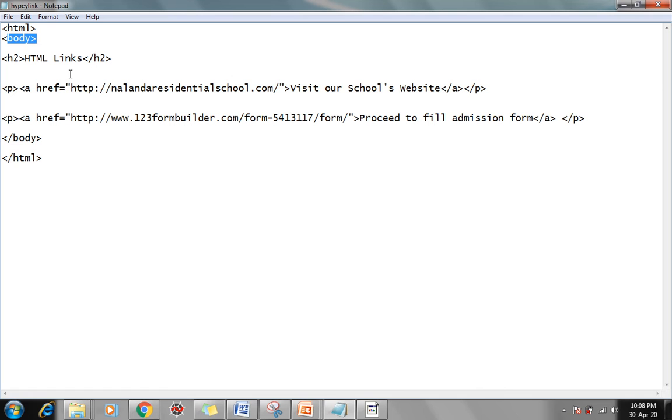Then inside the heading tag, it is written here HTML links. Then inside the paragraph tag, the p tag, we will put the hyper reference of the Nalanda Residential School website. This is our link text, and after closing the anchor tag, we will close the paragraph tag in which this whole thing is enclosed.